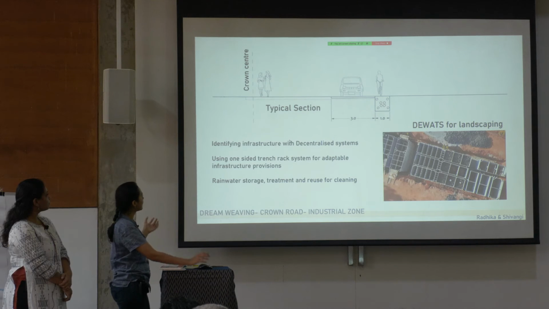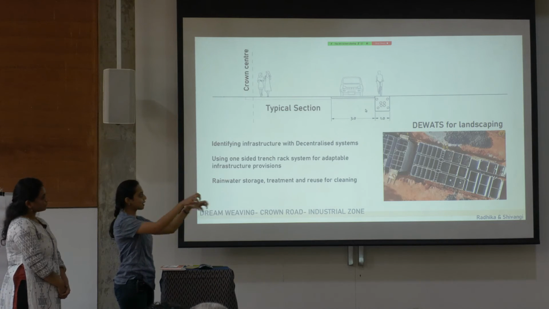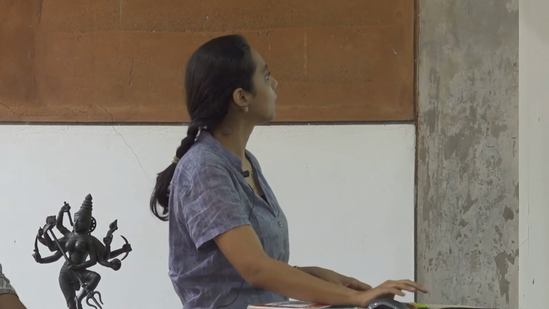Perhaps we first identify the different kinds of infrastructure which can be decentralized, so that they don't need to come on the crown. DWATS is, we believe, a very successful example. We don't really need a sewage network around here, but can have zones take care of the sewage themselves. We also had a quick chat with Gilles Boulico, and he suggested that it can be worked out quite nicely.